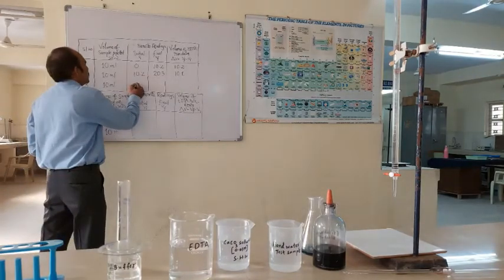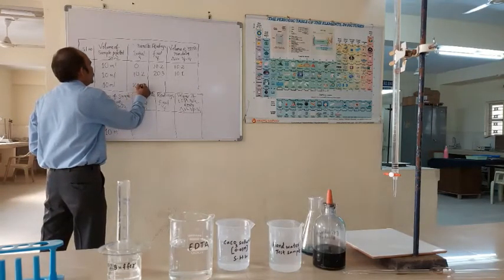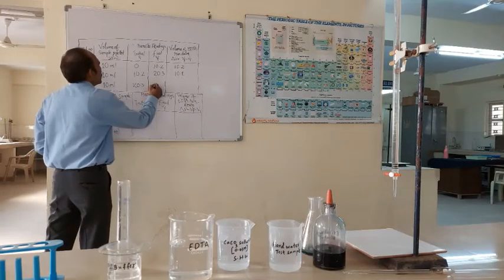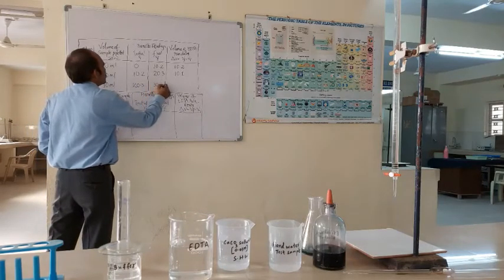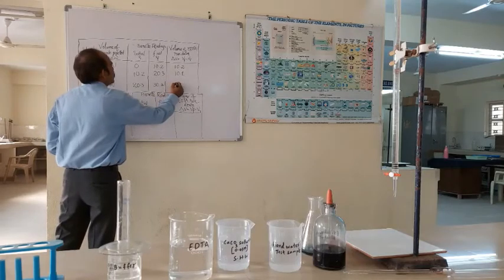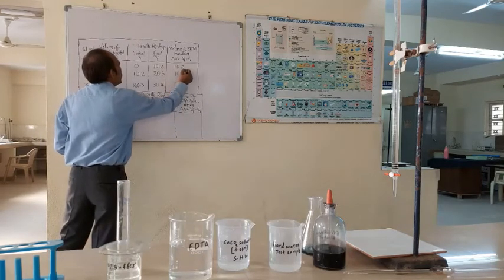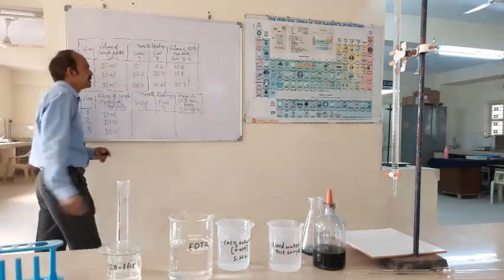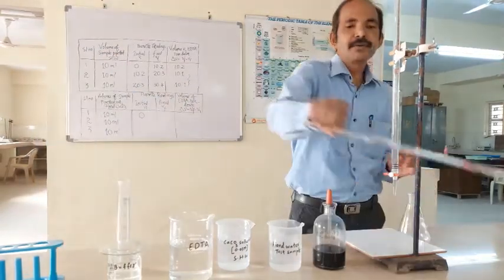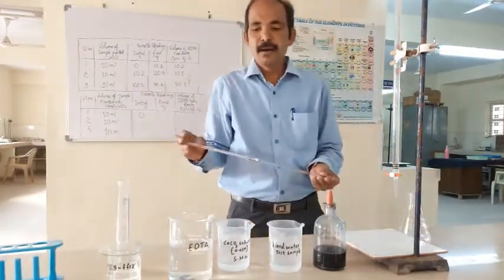We take the initial value as 20.3 and the next value you may get around 30.49. So the difference in this one is about 10.1. You are going to do the titration until you get two readings the same. So this is the concordant reading. Now we are going to do hard water.